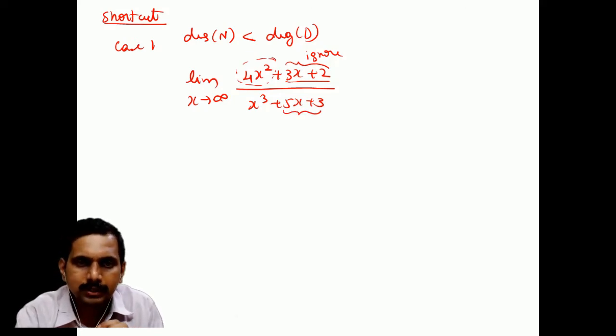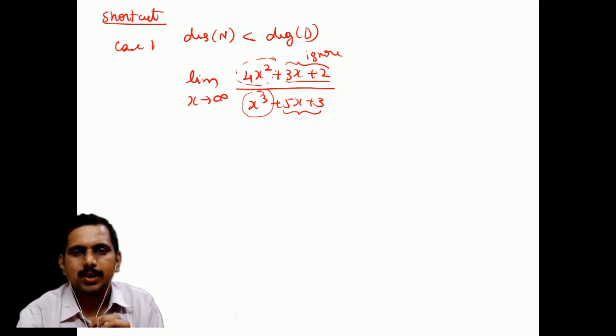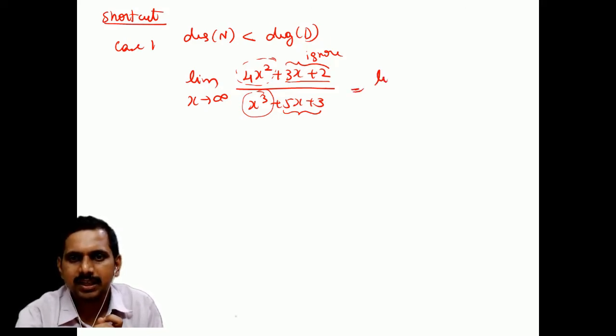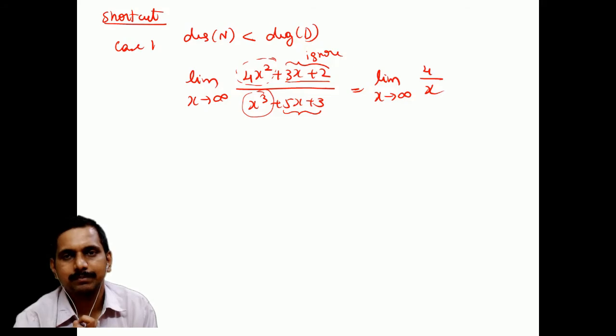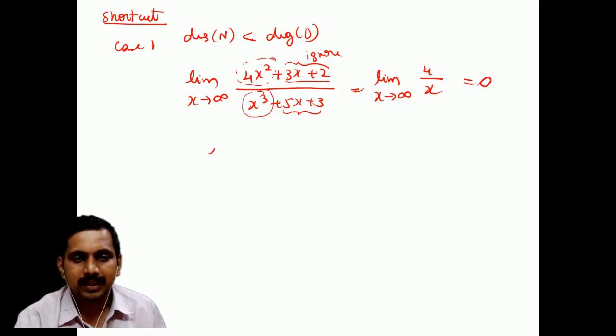What is important is only the bigger terms. So x square by x, what generally comes here, limit x tending to infinity, you can write this as 4 by x, simple. So 4 by x, when you put x equal to infinity, this will come as 0. So in general, limit of